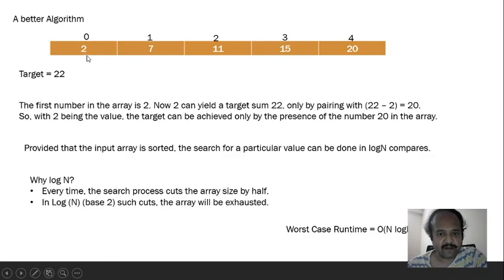So for every element we need to search if the difference from the target is present in the array. In the case of 2 we search for 20, in the case of 7 we search for 22 minus 7, and in the case of 11 we search for 22 minus 11. So it will be the difference which we will be searching for. The target can be achieved only if the complement of the element is present in the array. Provided that the input is sorted, the search for the element can be done in log n